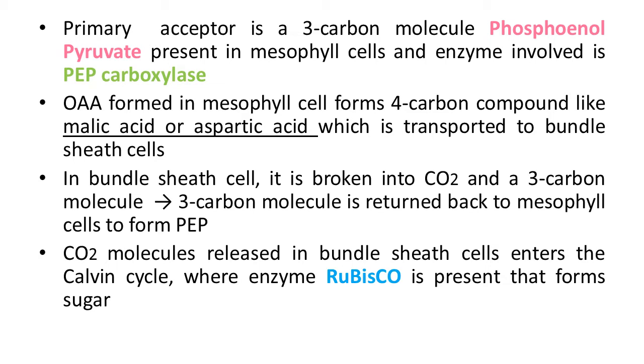Now about the entire pathway. As we know very well, the presence of bundle sheath is helpful to identify C4 plants. Now how does this entire pathway take place? It is named in honor of the scientist Hatch and Slack, also known as the Hatch and Slack pathway, and again it's a type of cyclic process. Here the primary CO2 acceptor is a 3 carbon molecule, phosphoenol pyruvate, in short also known as PEP, and it is present in the mesophyll cell.